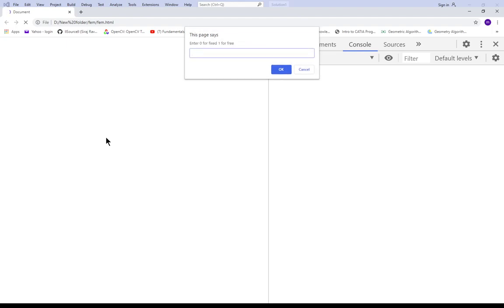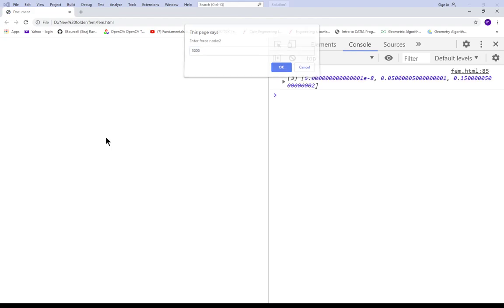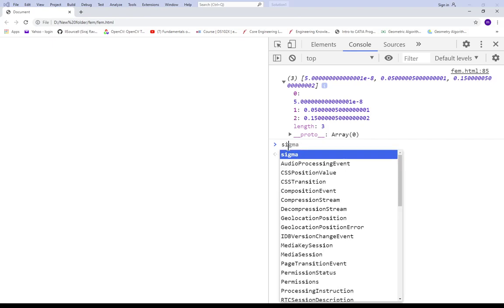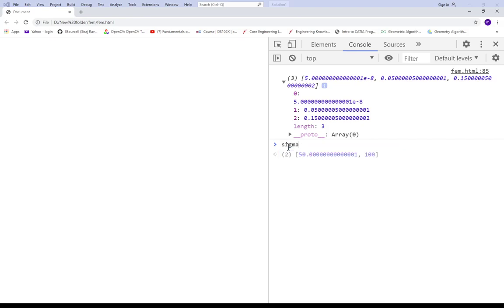First is fixed, second is free, force at node 0 is 0, node 1 is 0, and at node 2 it is 5000. So this is what I have displayed, Q. I did not log sigma to the console, so I could check sigma. Sigma is 50 MPa and 100 MPa obviously.